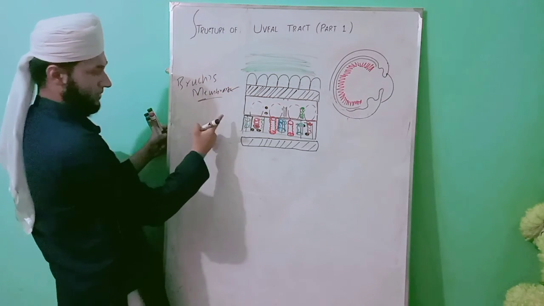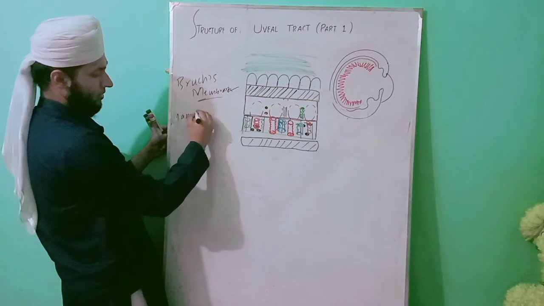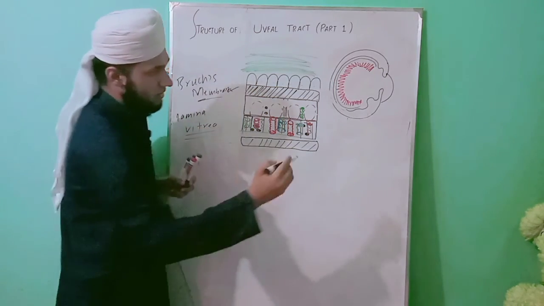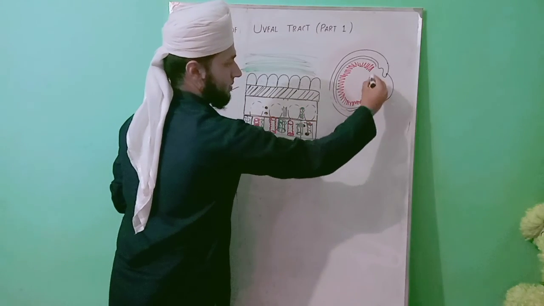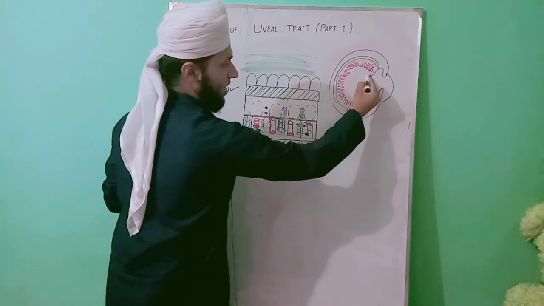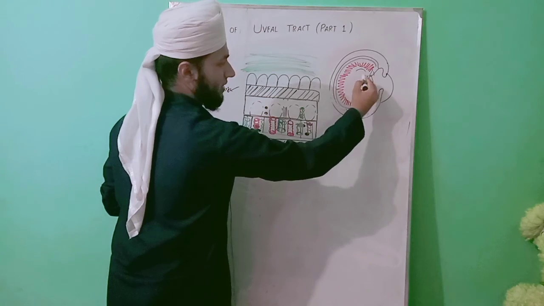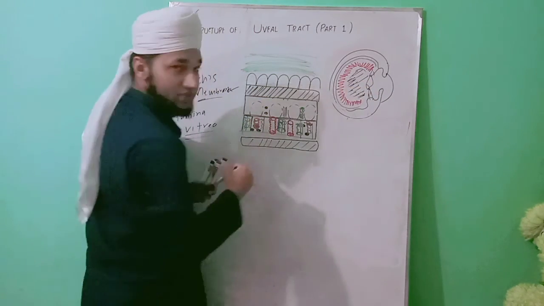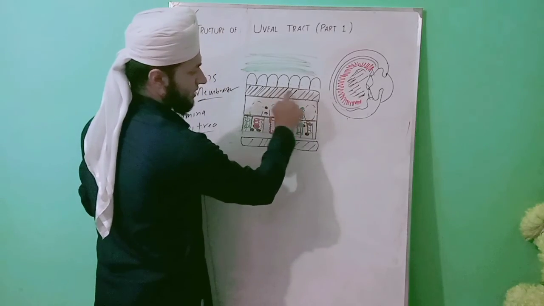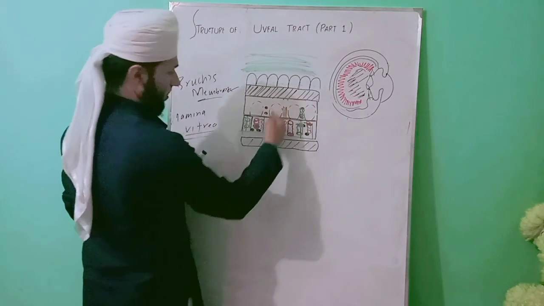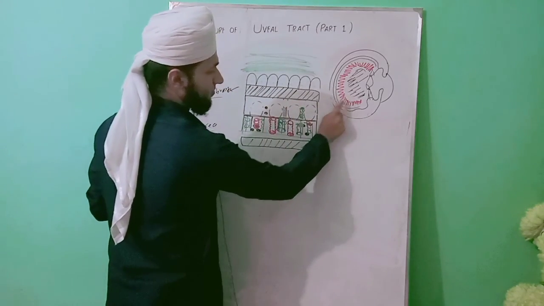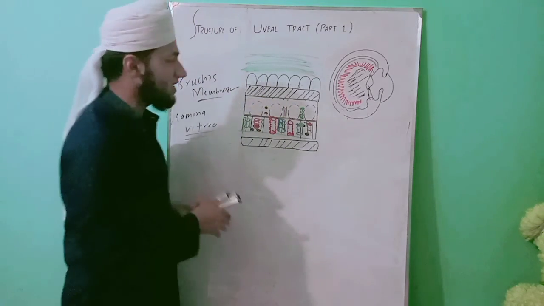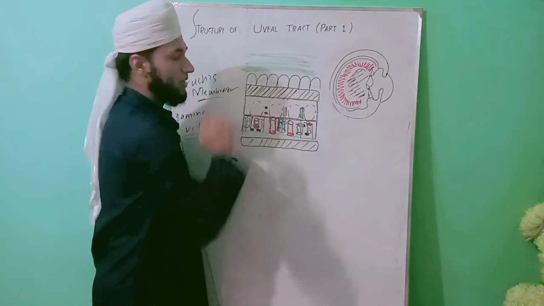The other name is lamina vitrea. Since this lamina is towards the vitreous side, suppose here is our lens, and behind the lens and in front of the retina a viscous gel-like material is present. This is known as the vitreous body. Since this layer of choroid is towards the vitreous body, it is known as lamina vitrea or Bruch's membrane, and it exactly borders the retinal pigmented epithelium.